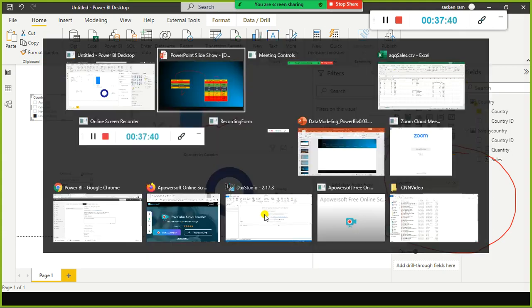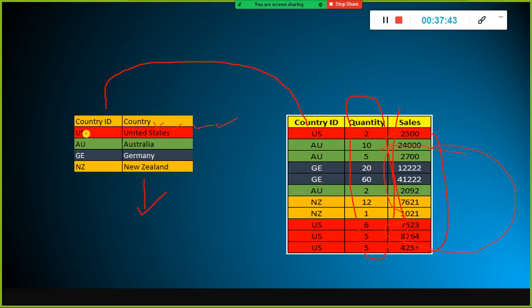So what happens here is, when you create the relationship in the data model, it automatically does the filtering. When I selected United States, it filters the corresponding United States related records automatically.